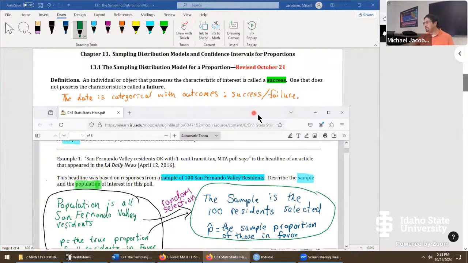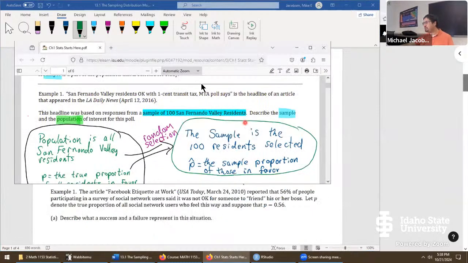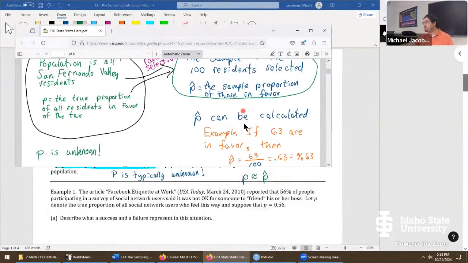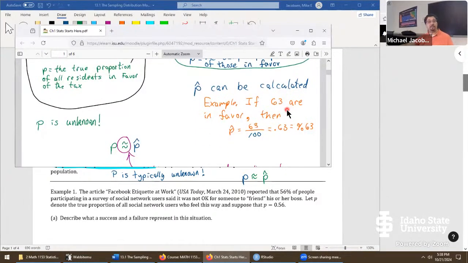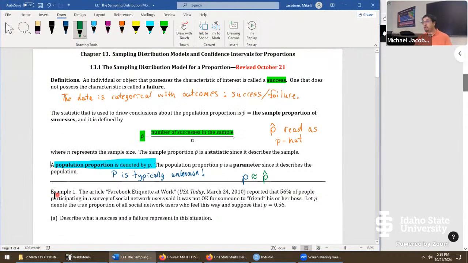When we were back here on this simple example, we were just making up data, but we imagined, suppose 63 are in favor of the transit tax, then p hat would have been 63 divided by 100. That's kind of just fine as a proportion. If we want a decimal number, we call it 0.63, much like a probability. As a percentage, 63%. And all of those are equivalent ways of saying the same exact thing. Well, any questions, folks, with this big wall of text here to start off this section?